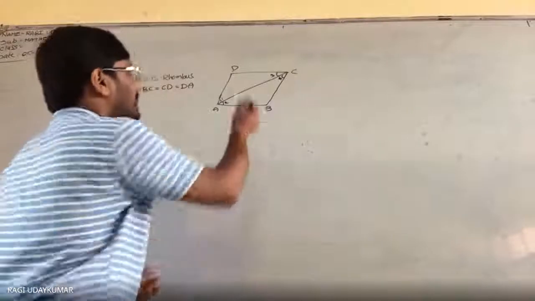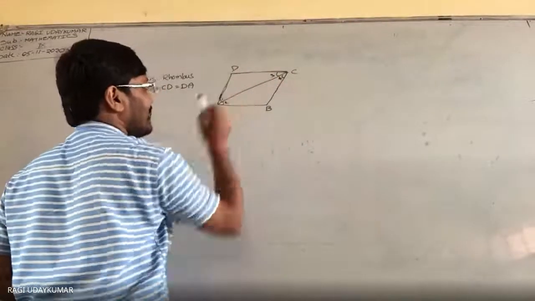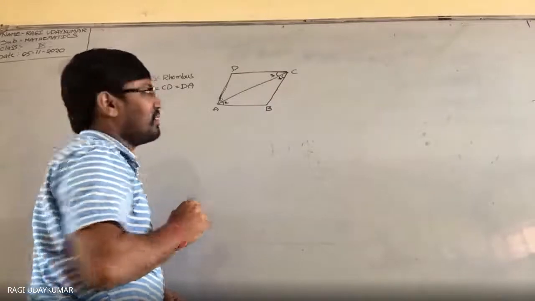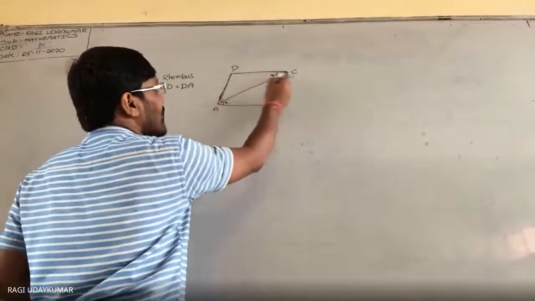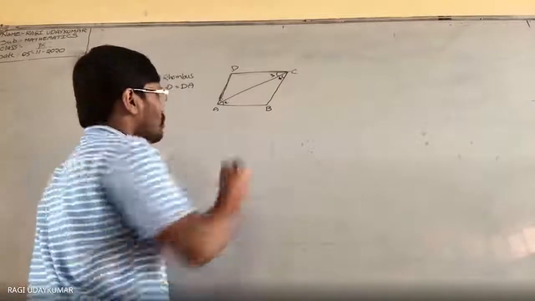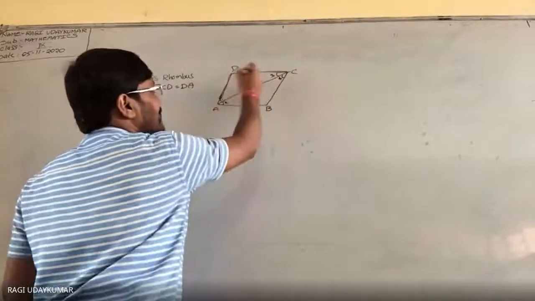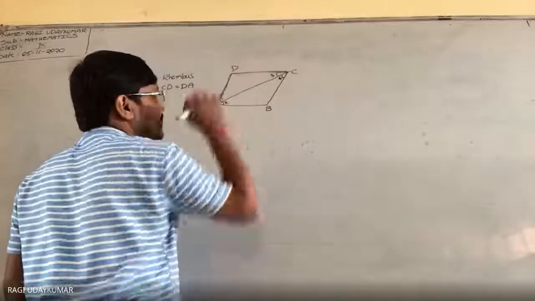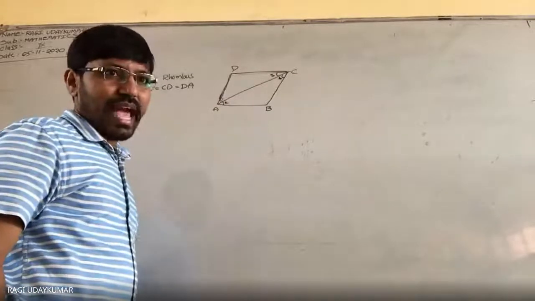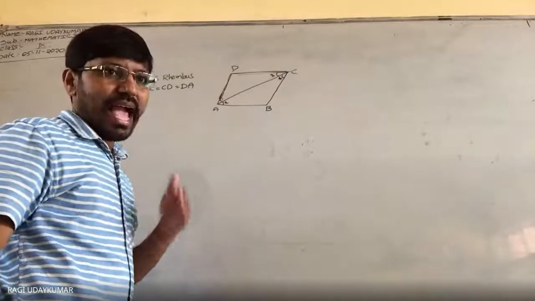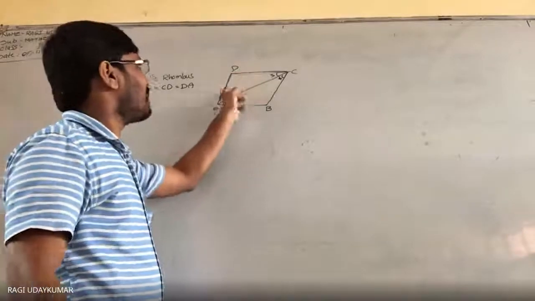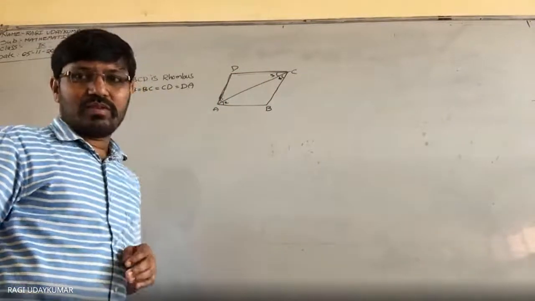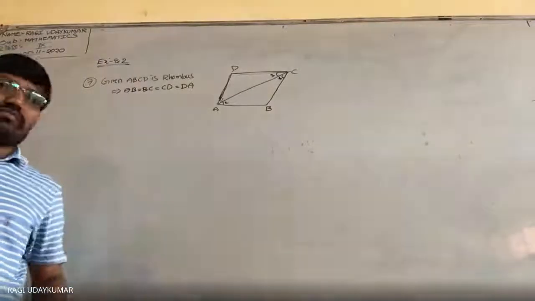Sir, equal sides have equal angles opposite them. See here, this side is equal to this side. All the sides are equal. So consider triangle ADC. In this triangle, angle 1 equal to angle 3 will come. Angle 1 equal to angle 3. Angle 1 equal to angle 4. You have taken that. So how do you say that angle 1 equals angle 2 from this?